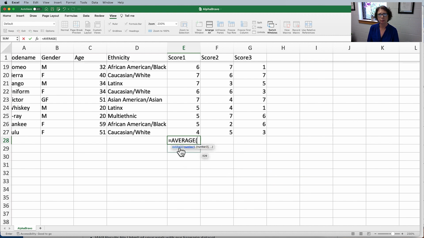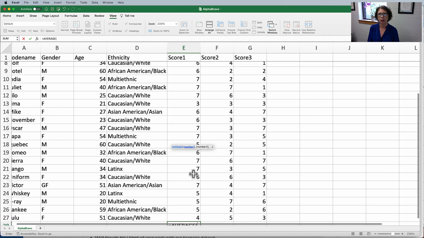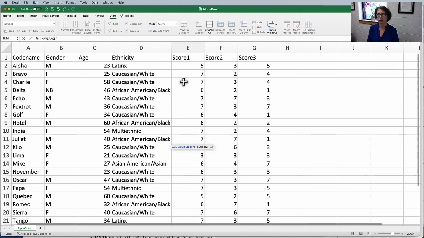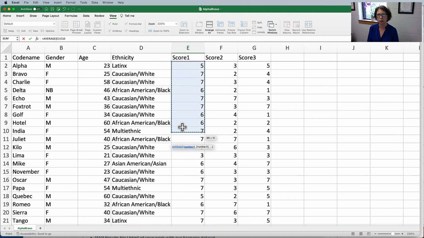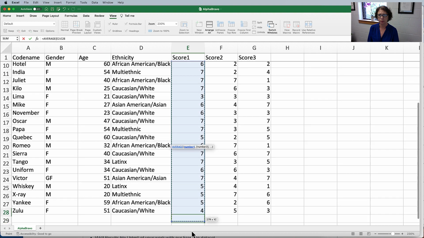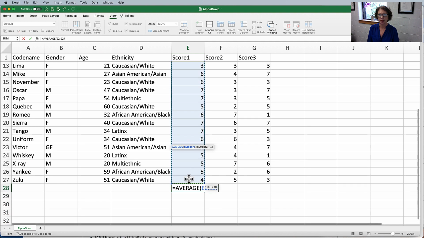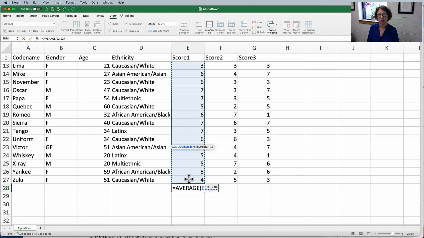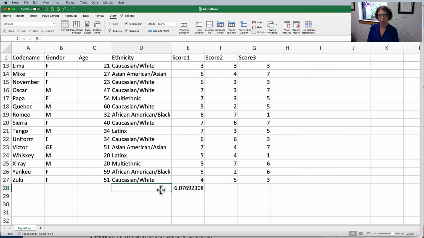And now it popped up this little helper, right? It says it wants the numbers that I'm going to be averaging. Well, I want to average all of these from Alpha's score all the way down to Zulu's score. So I want all of those, and what I did was click the first one and drag. And once I've dragged and let go, I can close the parenthesis and hit enter. So this is going to be my mean for score 1,